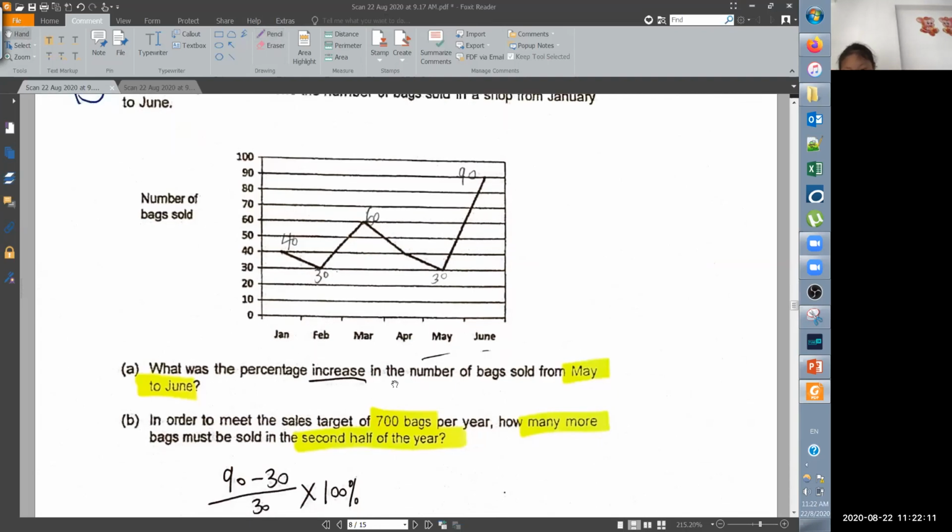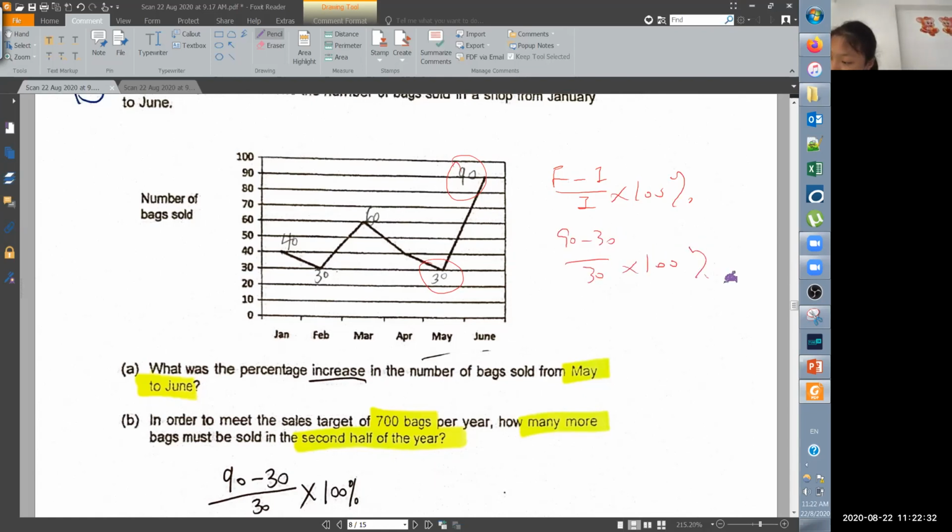So what was the percentage increase in the number of bags sold from May to June? So May to June, you just take final minus initial divided by initial times 100%. What's final? Final is 90, right? Initial is 30, right? 对吗？90减30除以30咯。So this is 2咯，所以 200% 咯，对吧？